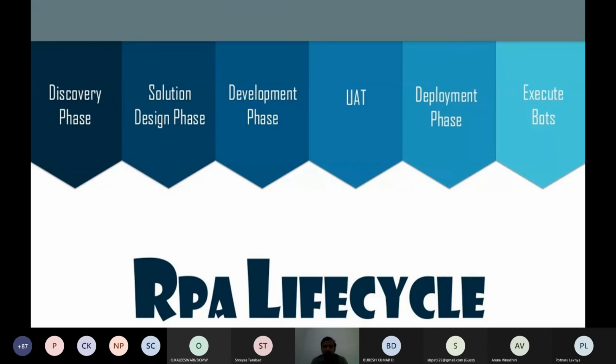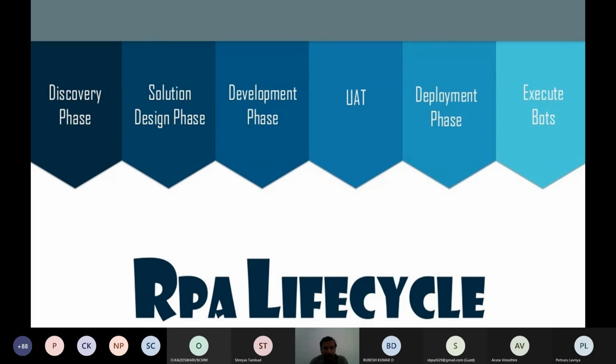So this is about the RPA life cycle, where we identify the problem. The process is identified, and we check whether it can be automated or not. If it cannot be automated, the reason is communicated to the client.